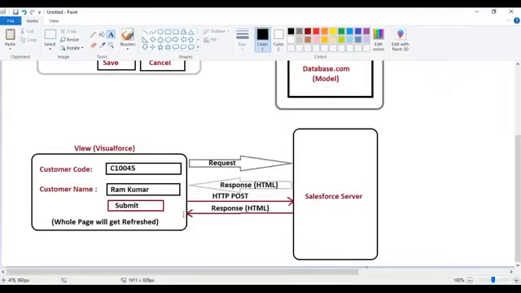This is the problem when coming to normal Visualforce pages. When you go to Visualforce programming, the complete page will be getting reloaded automatically every time. Once you click on the button control, the whole page will be getting reloaded automatically by default. Now, let me show you. For example,